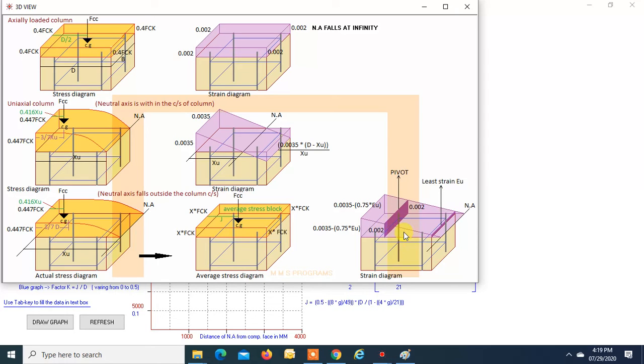So as we move our neutral axis towards infinity, this least strain will increase and this strain will decrease. And when the neutral axis is at infinity, then we can see that the strain over the whole column cross section will be 0.002. We can see over here. That is, the strain over the whole column cross section will be 0.002, and the column will be under pure compression. Okay, so